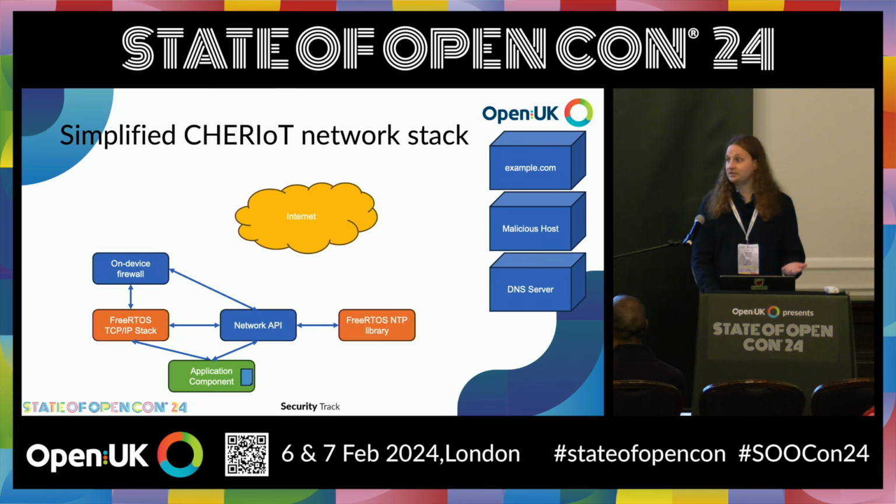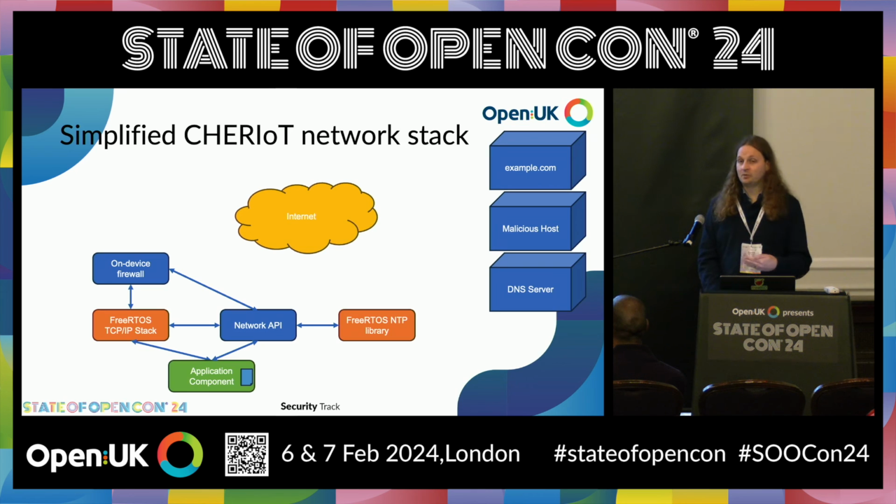So the on-device firewall I haven't really talked about very much, except that it's a thing, packets sometimes go through it, sometimes they don't. The reason it's important is twofold. First of all, if a malicious host sends you a packet, it just doesn't go through. And this means, even though we kind of like the FreeRTOS TCP/IP stack, if we can remove it from the attack surface, that's obviously better. And a thing that just matches on the 4-tuple in the packet header is much simpler than the network stack. And so we just stop a lot of packets ever reaching it.